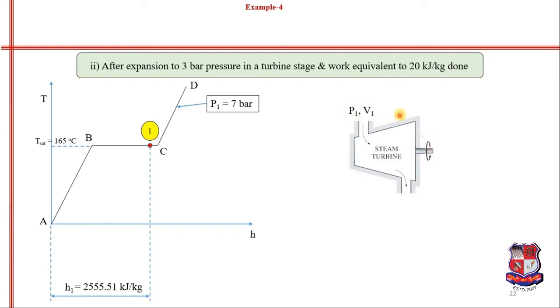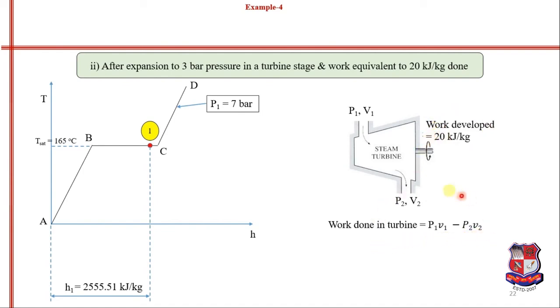So the initial condition of steam may be some pressure and volume, and the exit condition will be a different pressure and volume. At the input stage we will be having higher pressure and volume. At the output stage we can have a lower pressure, because we are using the energy. Some energy will be used here, so we will have a lower amount of energy at exit, and we will be developing work. So work done in turbine is equal to P1 V1 minus P2 V2.